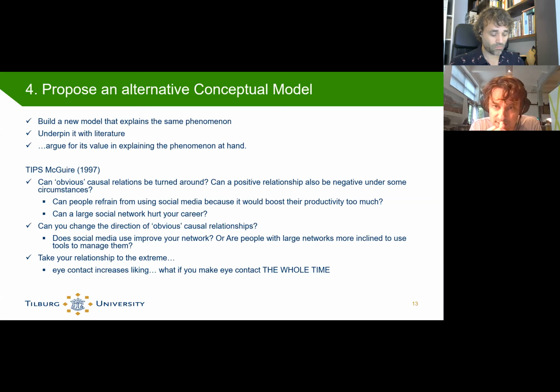And then you can think about extremes. The example that Maguire is giving is that eye contact increases liking, which is actually a great tip for job interviews. So making eye contact is a tip for getting people to like you, or dating actually,